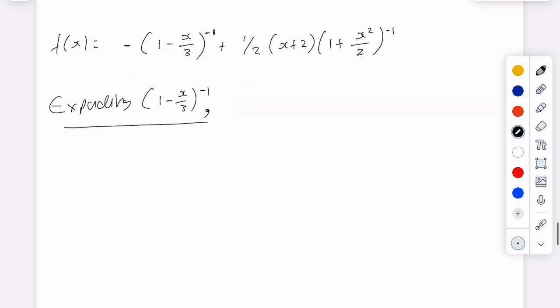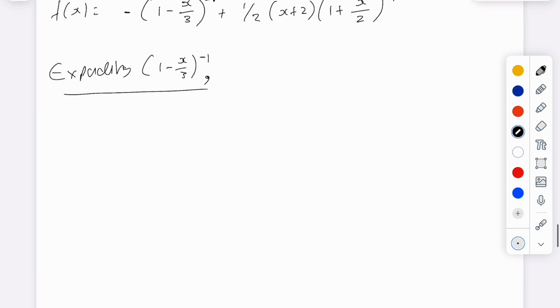Let's expand this bit first. Expanding 1 over x minus 3. Okay, so 1 minus x over 3, what's it going to give me? Well, that's going to give me 1